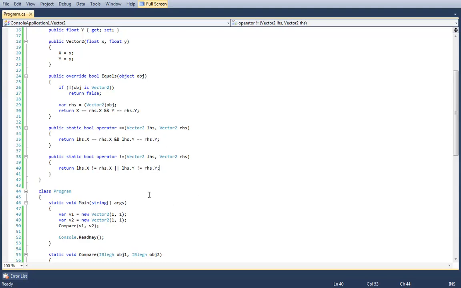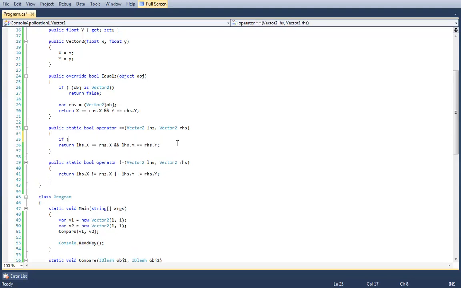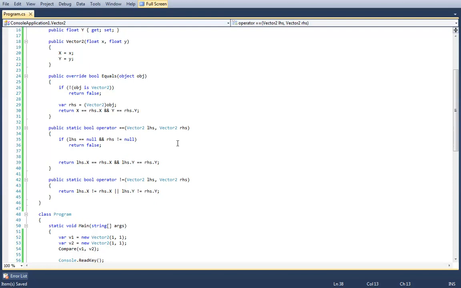Given what you've just said, my next question would be, why don't you just, before returning at lines 35 and 40, do a null check? Well, I could, but I want to go ahead and reuse our existing code for now. That would be a valid implementation. I could do null checking right here. I could say if LHS equals null and RHS does not equal null, return false, and so on.